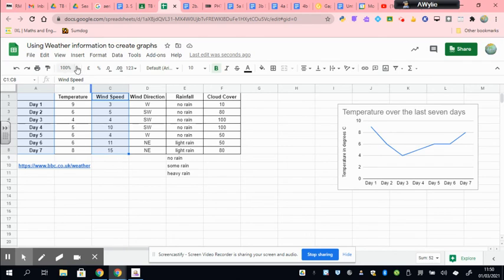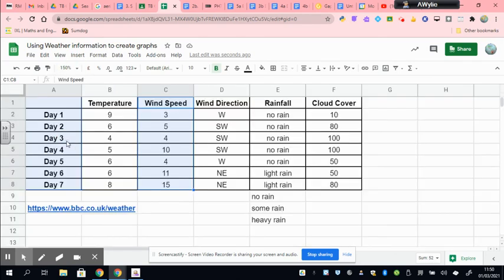Now, if you zoom in, you will see I've now selected these 7 cells here, including the blank one at the top, and I've also selected wind speed and these 7 cells, but these are white because they've not been selected, and that's happened because I held down that CTRL button. Okay, so next step,